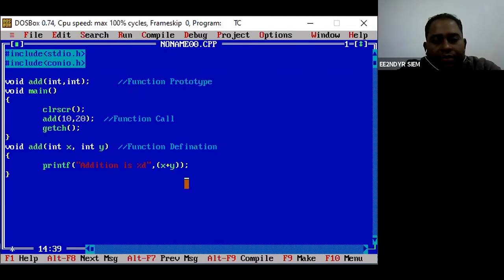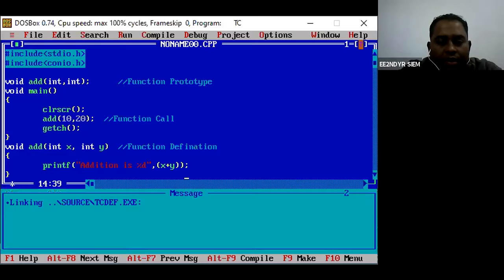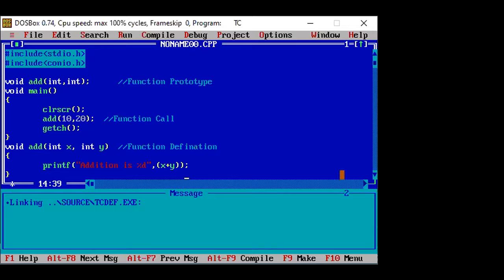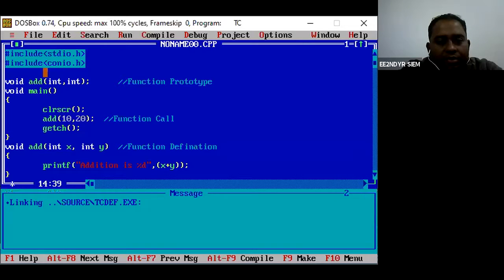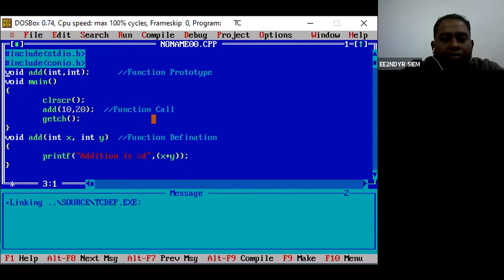So this function has three parts. As I told you all, the first part is the function prototype.